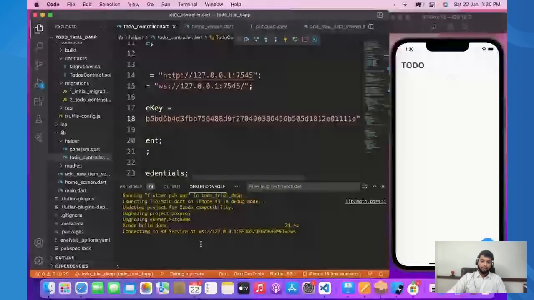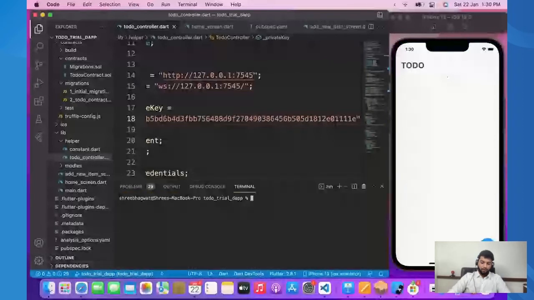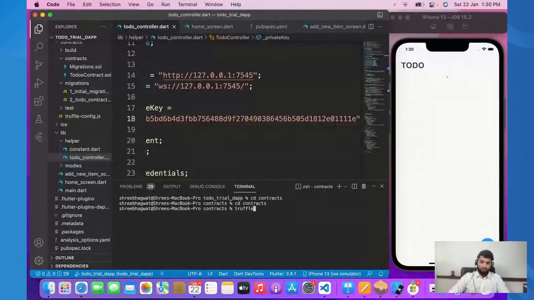Okay, I will navigate my project. I will pause it. I will open my terminal, and I will go to cd contracts, and I will run truffle migrate because I have to migrate my new contracts again.